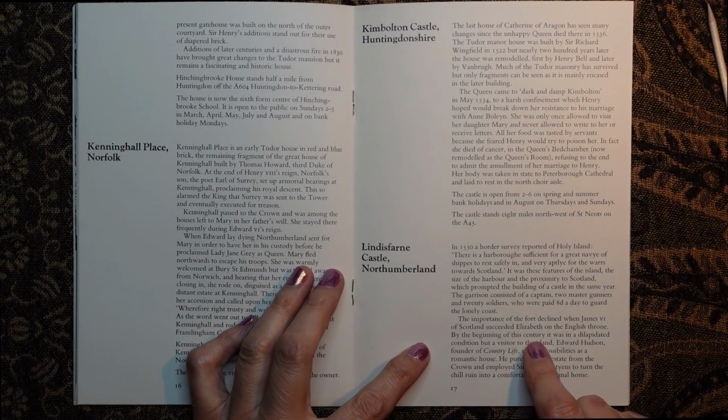By the beginning of this century, it was in a dilapidated condition, but a visitor to the island, Edward Hudson, founder of Country Life, saw its possibilities as a romantic house. He purchased the estate from the Crown